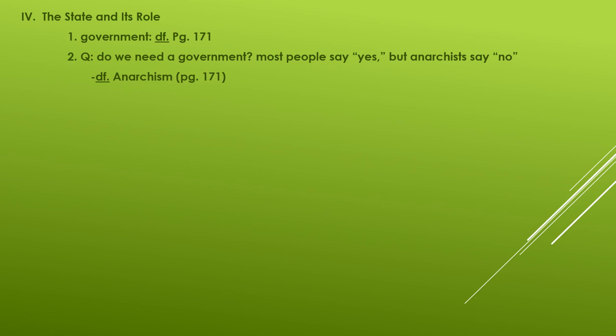But there is a certain group out there, they're called anarchists, and anarchists argue that we do not. That we in fact have a moral obligation not to forfeit our moral authority over to another group. Anarchists, and your book, by the way, gives a fantastic definition and description of what real anarchism is about. Unfortunately, today, there are groups that call themselves anarchist groups that really are not. And to put it frankly, anarchism is more of a fashion choice for many people than it is a political stance.